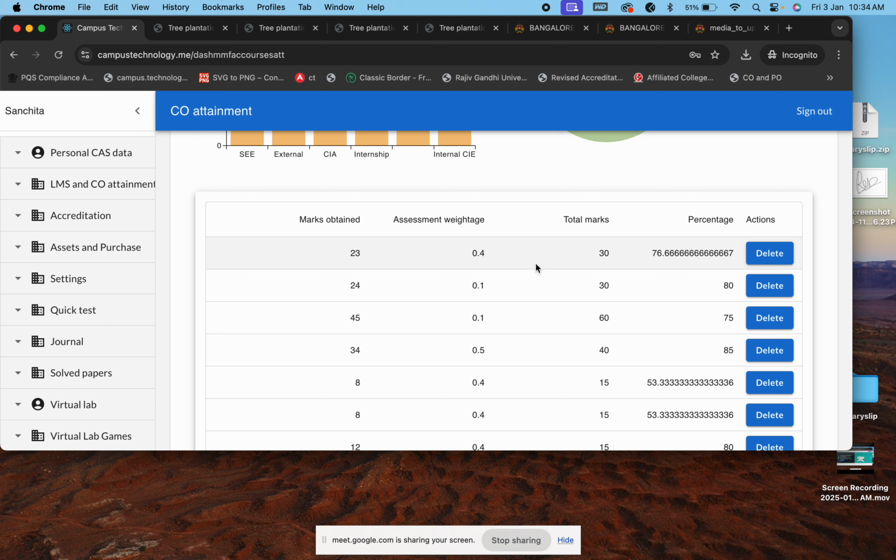So generally, for an affiliated college, attainment may be a problem for us. You can consider two internals, or two internals plus one extra component like a seminar or internship if you want. You can decide that internally, ma'am. Two internals is also okay. So it will be safer to consider internal question papers, right?